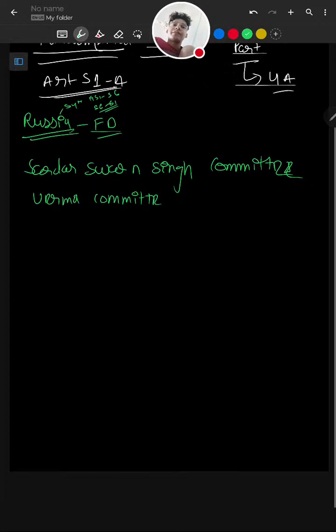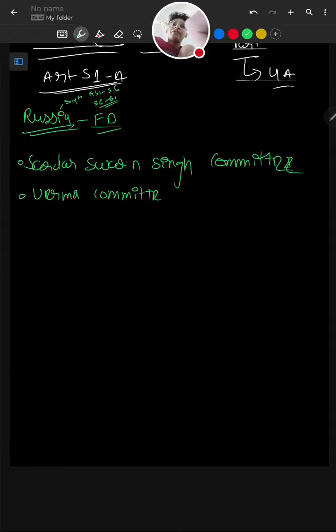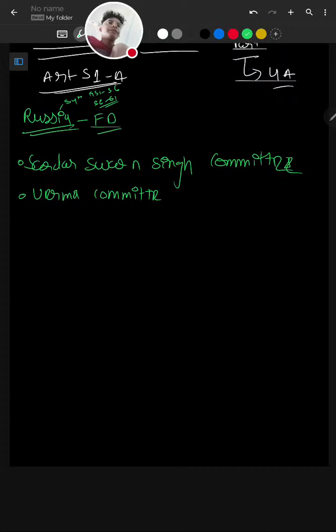Also present there. Now going on to fundamental duties itself, in our present constitution, we have a total number of 11 fundamental duties. And around the independence, we had only 10 fundamental duties, but we added the 11th fundamental duty later on.